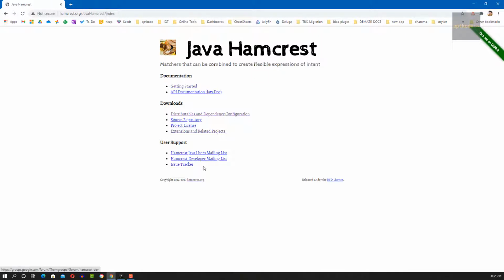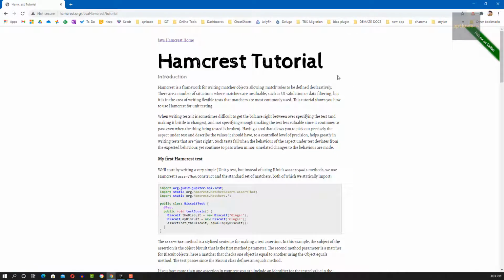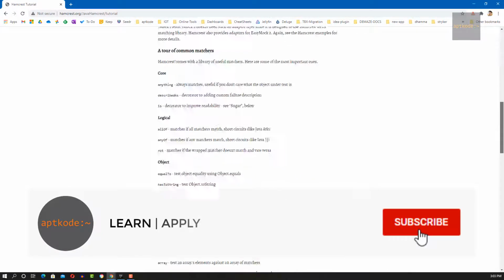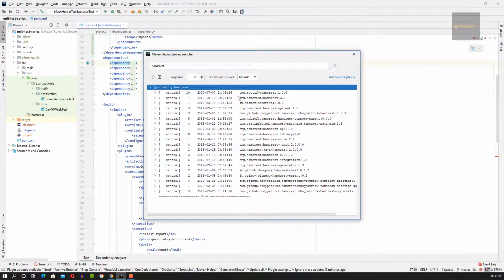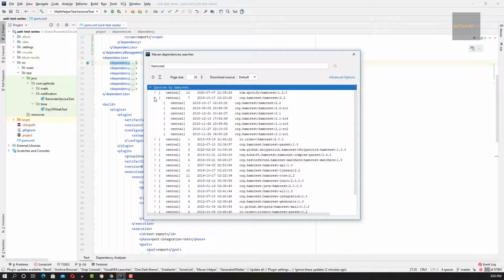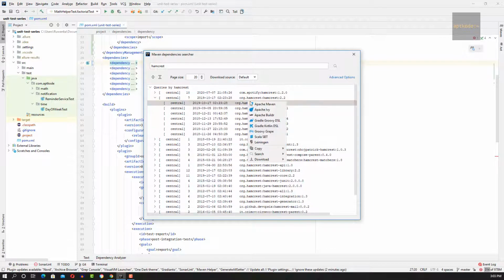Actually, we have several other libraries for different languages. In getting started, you can follow along. So let's get Hamcrest into our dependencies. One thing to mention is that earlier, before Hamcrest 2, there were several libraries. Now in Hamcrest 2 there's only one library to include. So let's copy this one